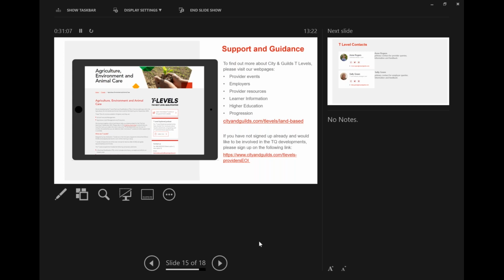I would encourage as many people as possible to try and get involved. The more involvement we have, the better a qualification we're going to end up with at the end, and the more suitable it will be for all providers and all learners, most importantly. So please do visit the website and click on the link if you want to get involved.